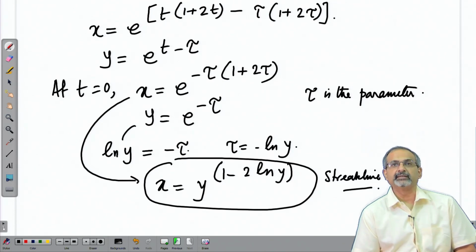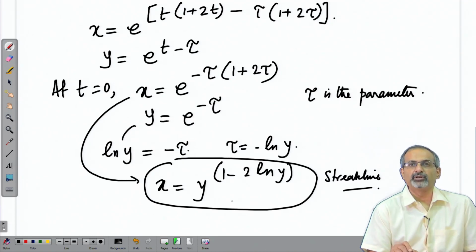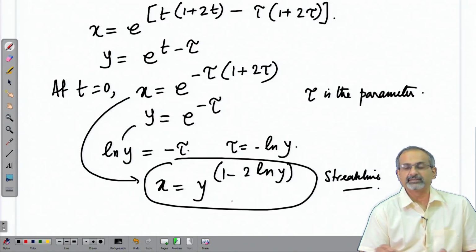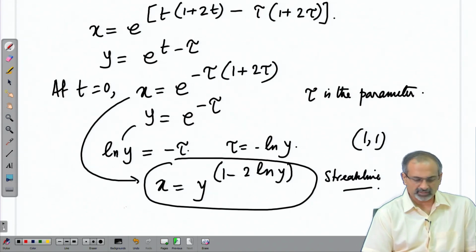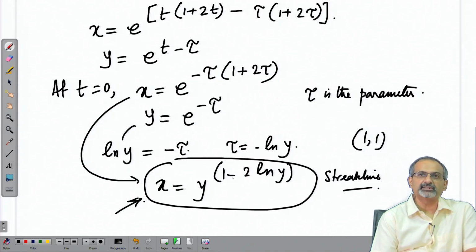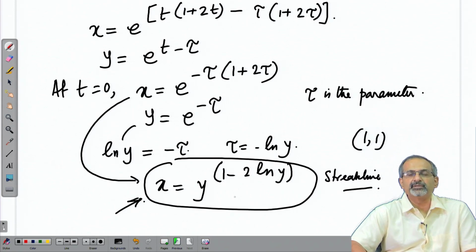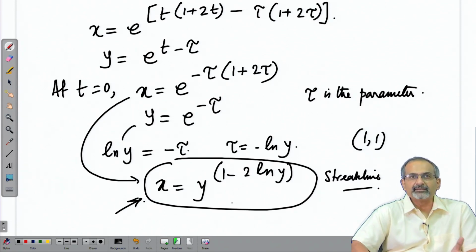What does it indicate? It indicates the trajectory of that specific fluid particle which is being injected from the point x naught, y naught, where in this case it is (1, 1) at t equal to 0. That is what this equation tells you. If you compare the three equations, streamline, path line and streak line, you will find the difference between the three. You can try plotting them.